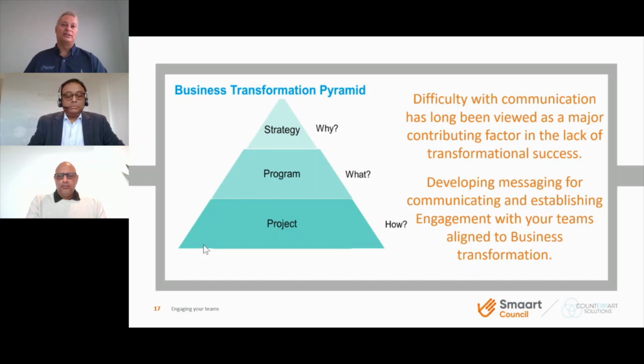And the strategy is the outcome, or why we're trying to get there. And so that was where Ganesh was going. The messaging would be slightly different to the different levels of the organization. And as we talk to those different levels of the organization, everybody wants to know why we're changing, what does it look like when we're changed, and what do we get? And then how are we going to get there? So that's the approach in the messaging and communication.